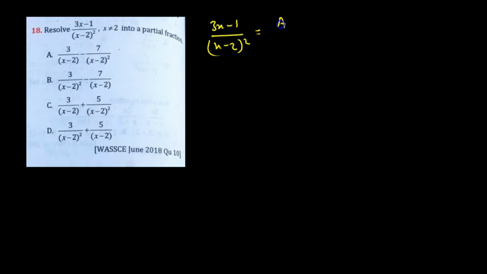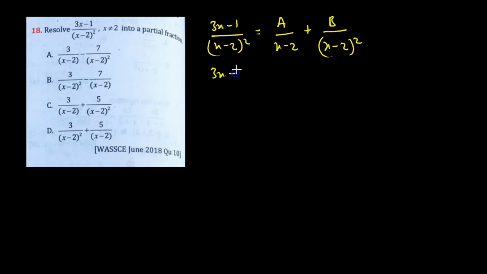So it is A on x minus 2, then plus a linear factor again, a partial fraction for the linear factor repeating this time around. So you have B on (x minus 2) all squared. Then we have to get rid of fractions so that we can solve for A and B. In doing so, multiplying through by the LCM, which is (x minus 2) all squared,